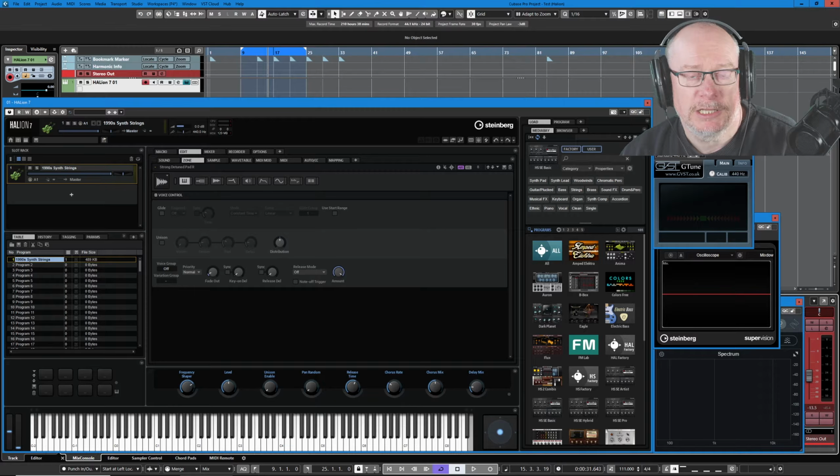Today we're going to have a look at the architecture of how a sound travels through Halion, from the concept of libraries right up at the top of the structure, all the way down to layers, which are the smallest